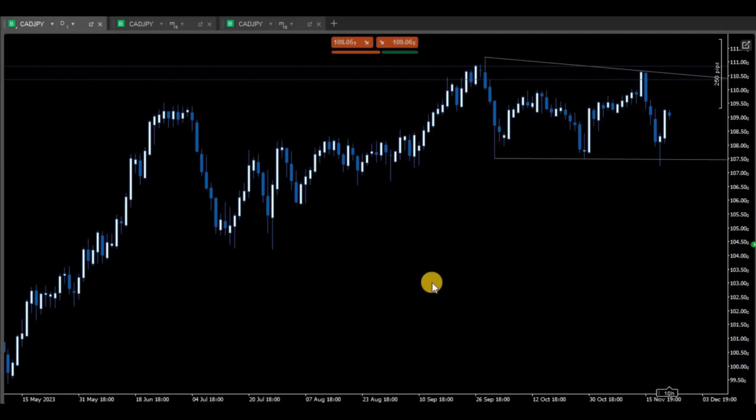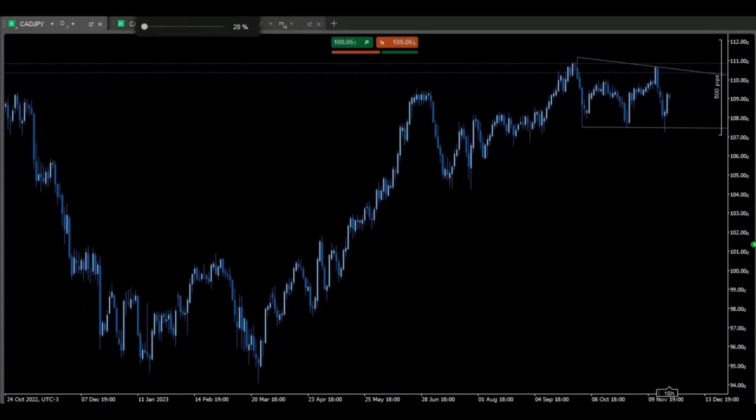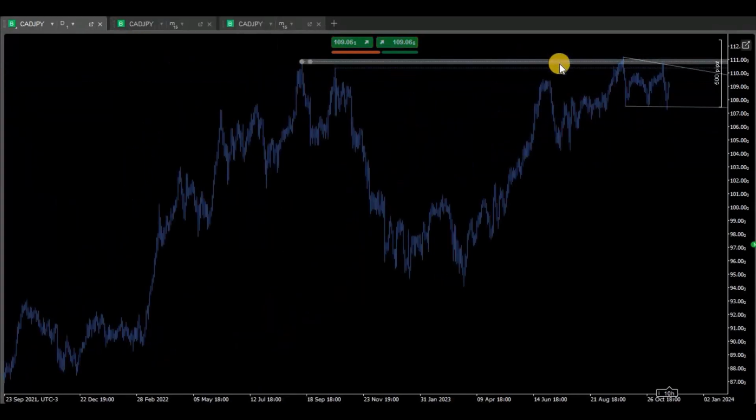Today I'm going to be taking a look at CAD Yen. CAD Yen is one of my favorite yen pairs and one of my favorite pairs in general. It's trading inside of a wedge pattern currently. Depending on how you draw your lines, it could be a wedge or it could be a descending triangle. I have my lines drawn for it to be a wedge, and it's a wedge that is consolidating right up